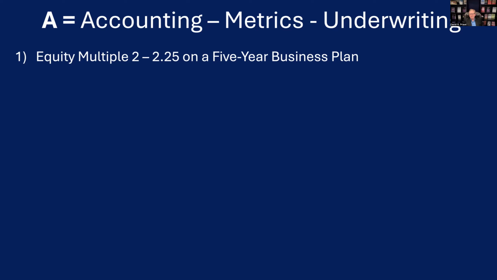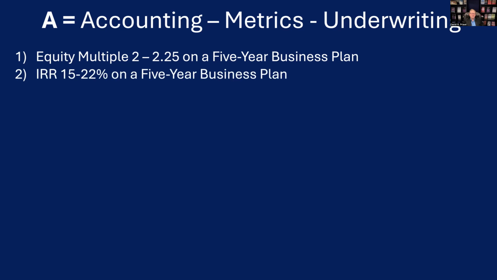So if we have an equity multiple of 2 and we're doubling people's money in 5 years, it may end up being an earlier exit. And so the metrics will be a lot better. We always look at a sale if we can double people's money, but an equity multiple like 2 to 2.25 is kind of the sweet spot right now. So anything below that, I mean, if you're not going to double your money, why are you investing? And anything above the 2.25, I would be suspicious that they're over promising, especially if they're using fixed rate debt.